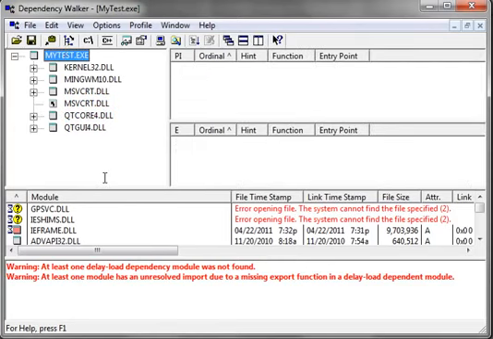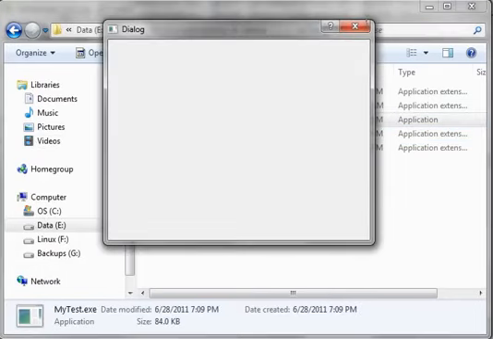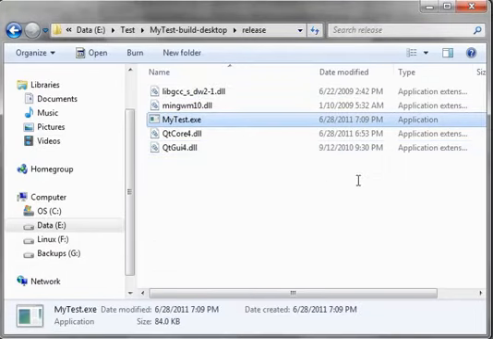Now, what that says is that your system has all the DLLs you need. It doesn't say that the end user system is going to have all the DLLs. In a perfect world, what you would do is take your executable and all the DLLs and package it up and give it to the end user. Now, in the real world, it's a little more complex. My recommendation to you is to go out and get yourself a good installation program, such as Install Shield, and